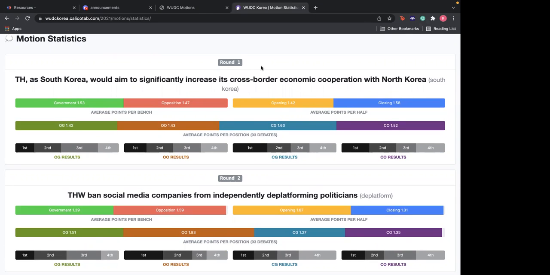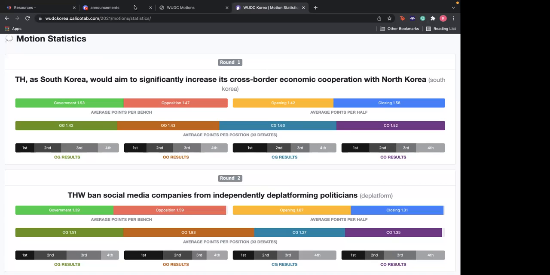The only thing is, this motion tells you that you are South Korea within the scope of this debate, and you have to prove whether you want to increase your economic cooperation with North Korea, which means, should you have more economic trade deals with North Korea? Should you focus on creating treaties which are going to help the both of you, or reducing import tax and all of this kind of stuff? There's a lot of stuff here. I'm not going to break it down right now, but the general idea is, as South Korea, what would you go ahead and do? Government in this case has to argue why this is particularly good for South Korea.